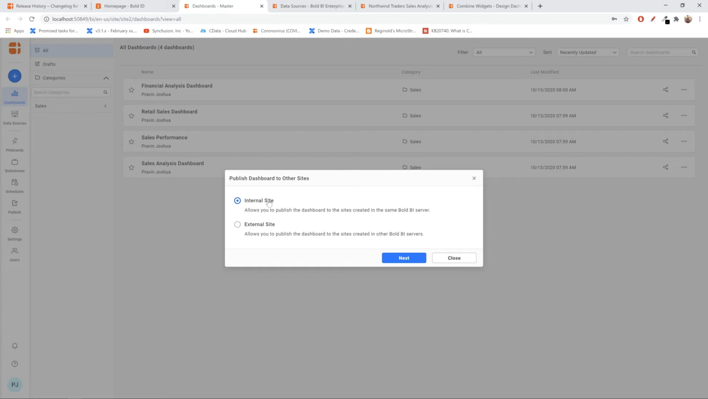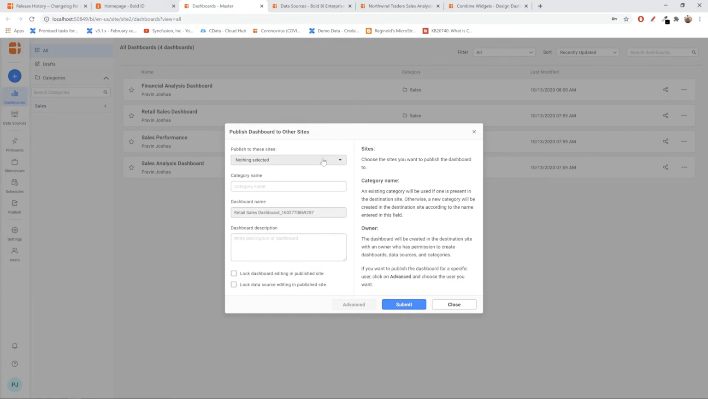And the external site could be a server that is installed in your client machine, and you could even publish the dashboard to the server installed in your client machine. So let's see the internal site first. You would just click the next button, and you could select the other tenants that are listed down here. So for example, let me select site 4,